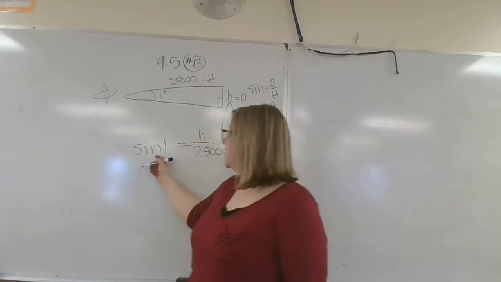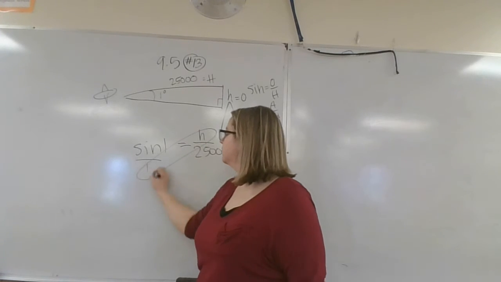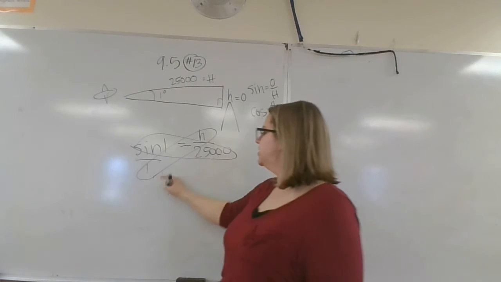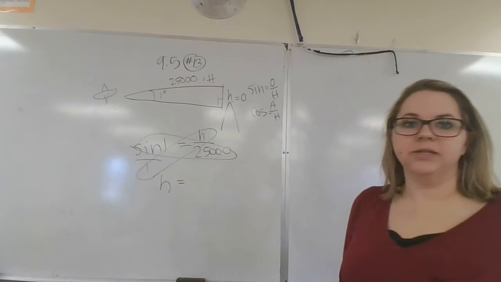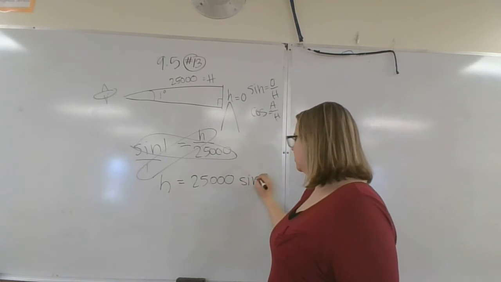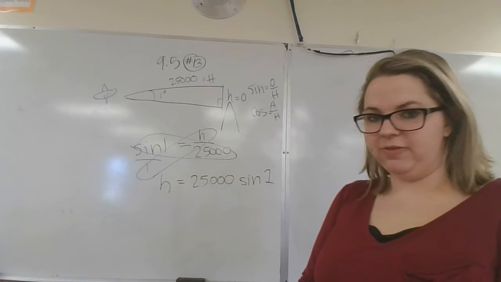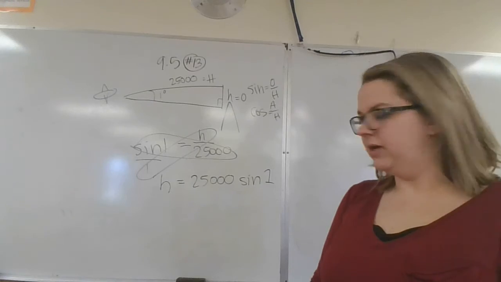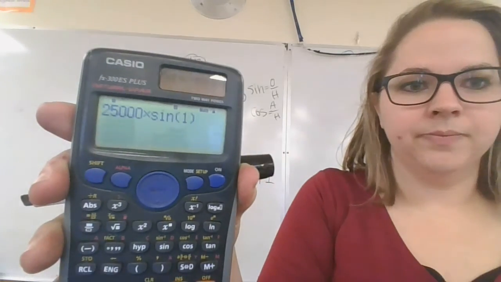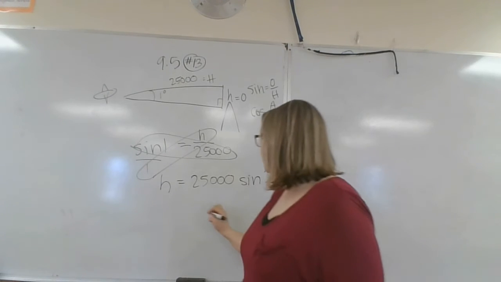Okay, now I can put this sine of 1 over 1, means the same thing, and I'm going to cross multiply. So I have h times 1, which is h, and sine of 1 times 25,000, which is 25,000 sine of 1. Now I can just stick this little part in my calculator. I have 25,000 times sine 1. This is what I put in my calculator. It equals, we get 436.3. h equals